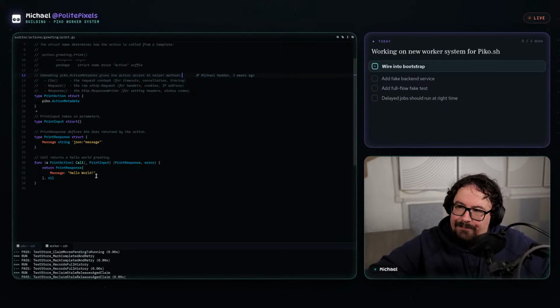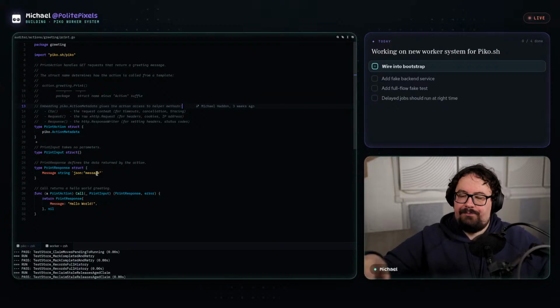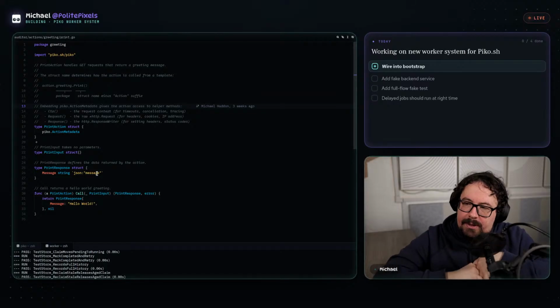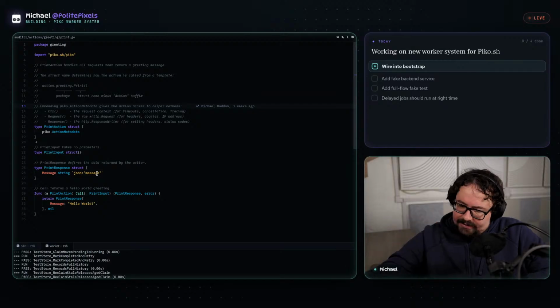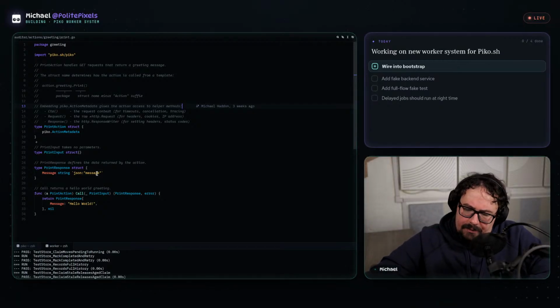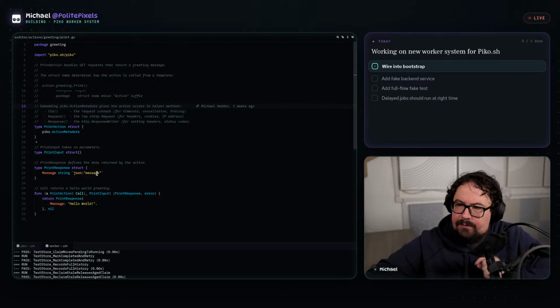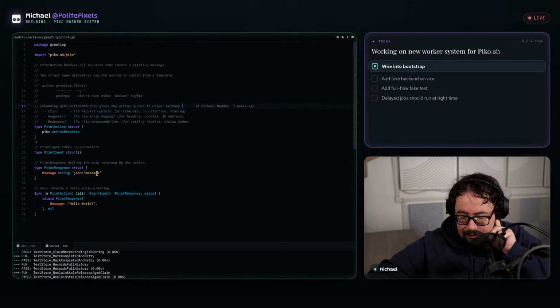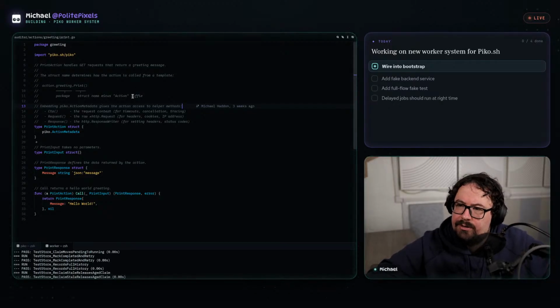So, the next step is to wire it into the Bootstrap system. So the Bootstrap is the dependency injection system that Pico uses, and it's a manually wired dependency injection system. So it's not using any sort of dependency injection framework because it's not important or needed. And that's not the problem that Pico is trying to solve.